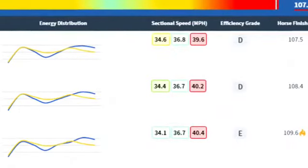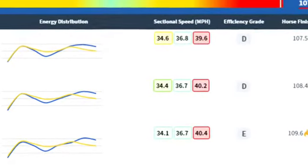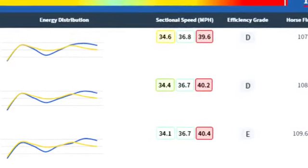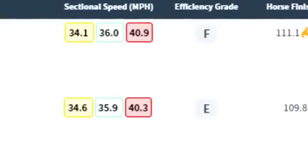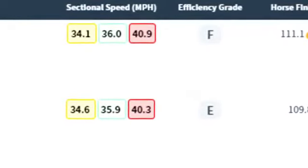We've also done some sectional speed boxes that show the speeds that the horse travelled at each part of the race, and that's in miles per hour. And miles per hour is a concept that we can all understand. So rather than looking just at raw seconds, we're looking at actual speeds that we can all understand and understand the difference between those. The other thing that we've done is created our own efficiency grade, and that's based on